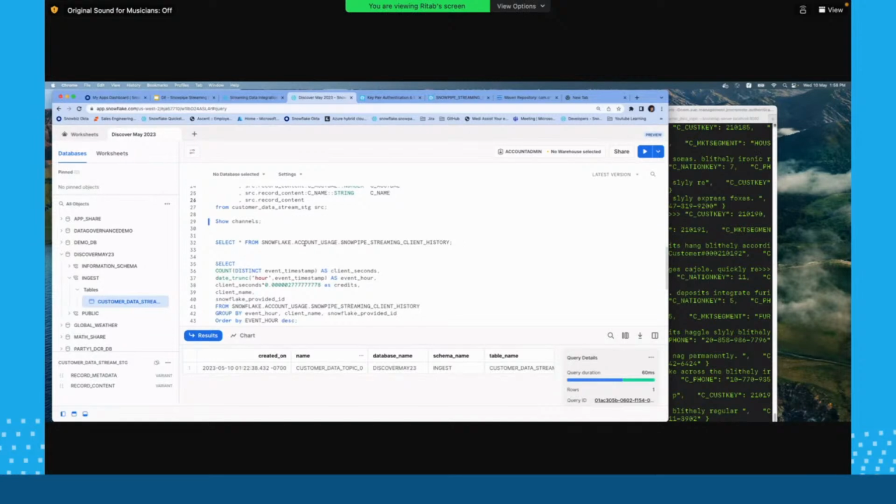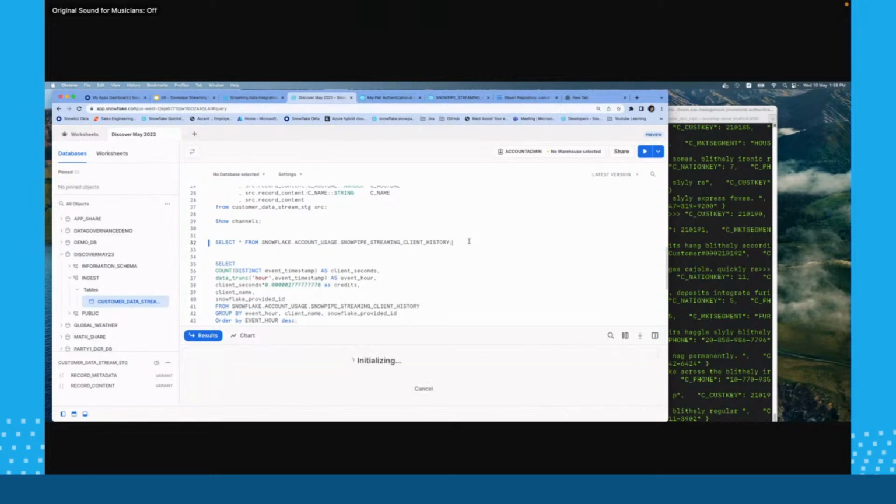So here's a view from the Snowflake account usage, snowpipe streaming client history. Now, if I run it, you will not be able to see the current usage, because it takes approximately 2 hours, around 120 minutes, for these views to be refreshed.